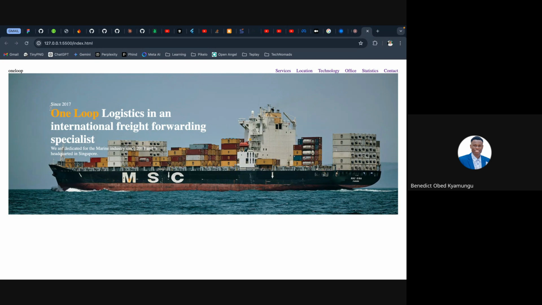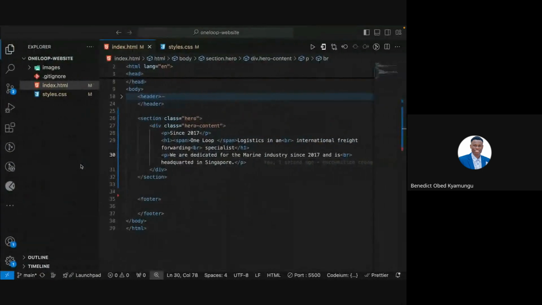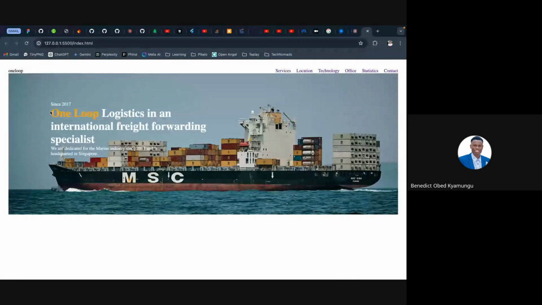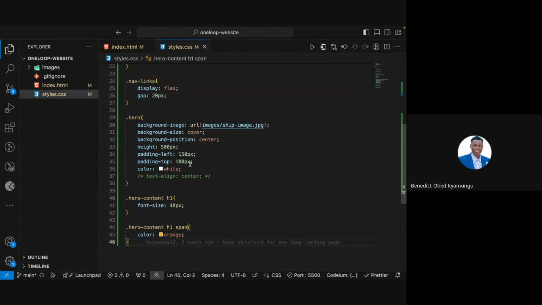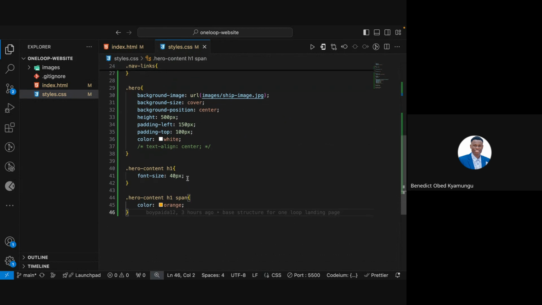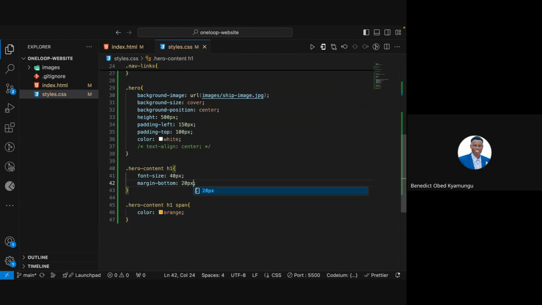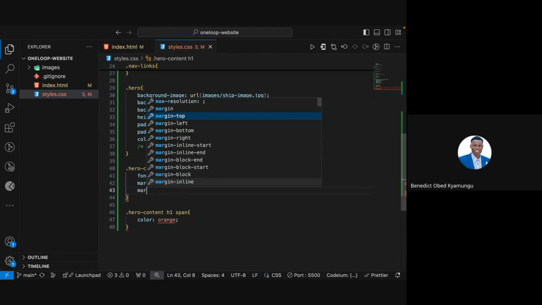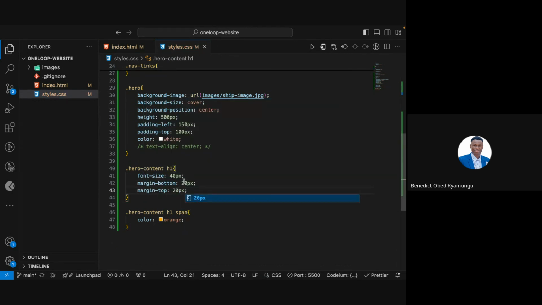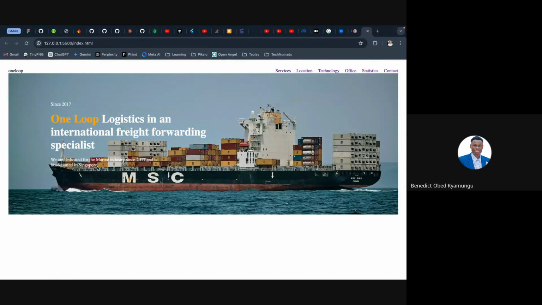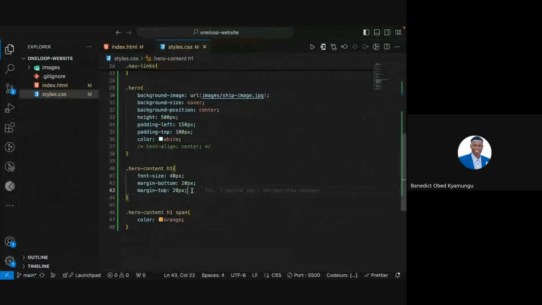Let's just add some space here between the since 2017 and this, and between this heading and the paragraph. So to do so, I can just take this heading and add a margin top and a margin bottom. So the heading is basically this one. Let's say we want to add a margin bottom of 20 pixels, and margin top of the same. Yeah, now you can see we have,